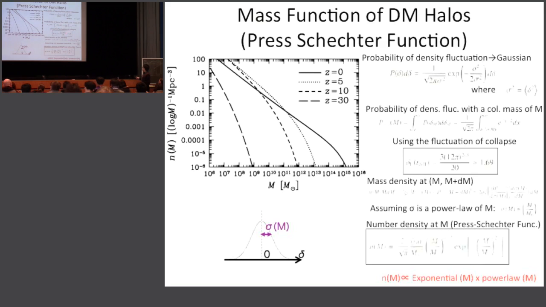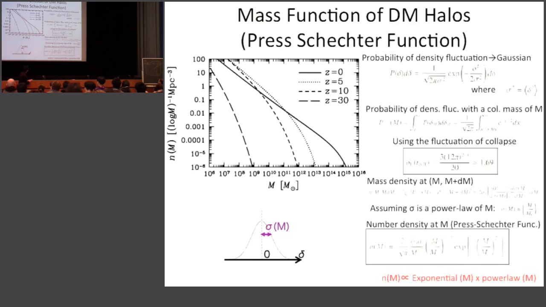So it is the 1.69, and if you allow the collapsed halo, then this density should be around 200. But in a linear regime, this is the 1.69. So if you plug this in, then you can get the mass function. So how much the number density as a function of the mass for each redshift, from high redshift to